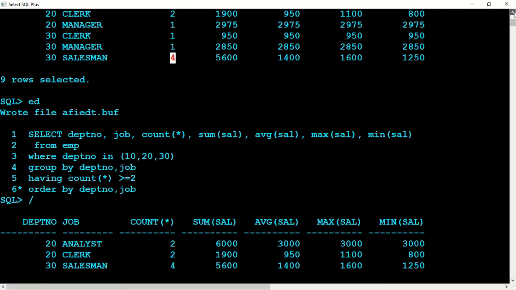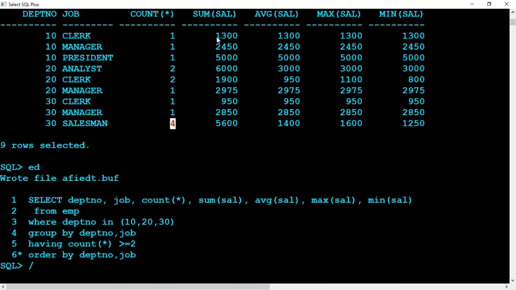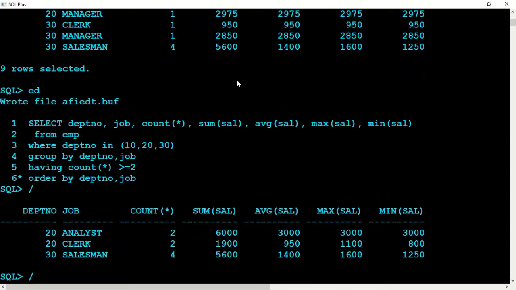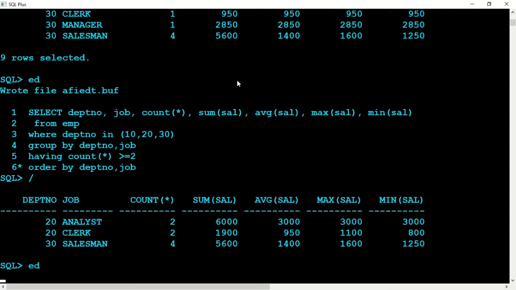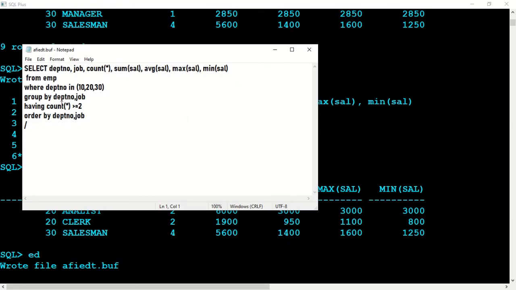Now suppose we are interested in all employees where the sum sal is less than, say, 1900. Okay, so we say ed again. We are interested in sum sal, right?